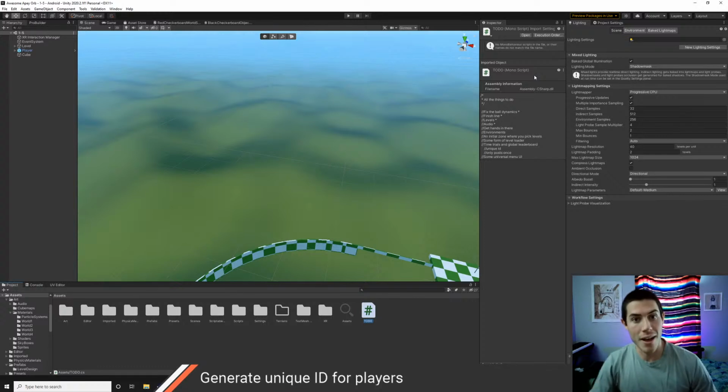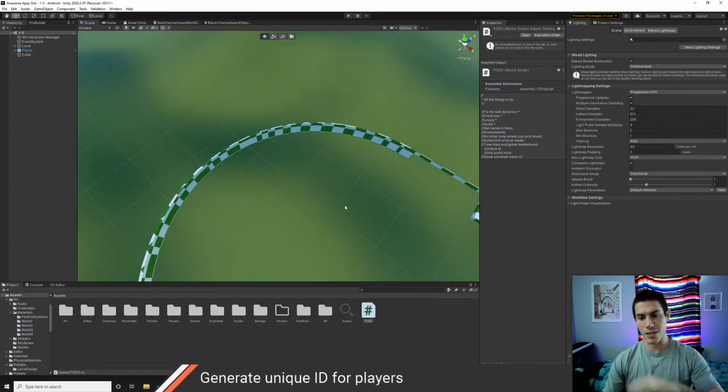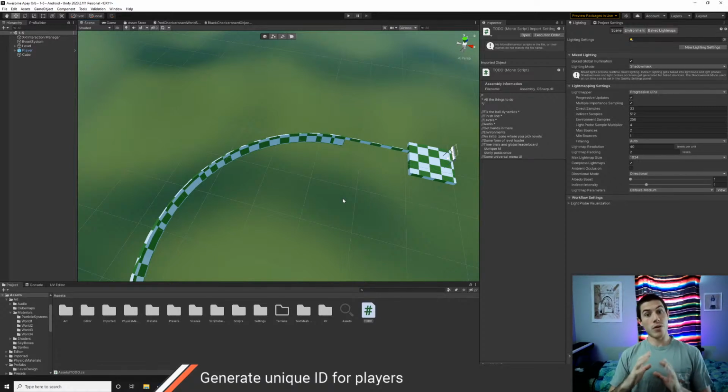Alright, and we're live. We will be continuing on with Awesome Apey Orb today. It is a VR platforming game in which you use your controllers to maneuver a ball that you're sitting inside of, and you go through these platforming levels. You can see here, like this one, it sort of gets progressively skinnier. We have created all the levels, and now we are in the midst of setting up a database using Google Cloud. We have done the database setup, and now we just need to fix a few bugs